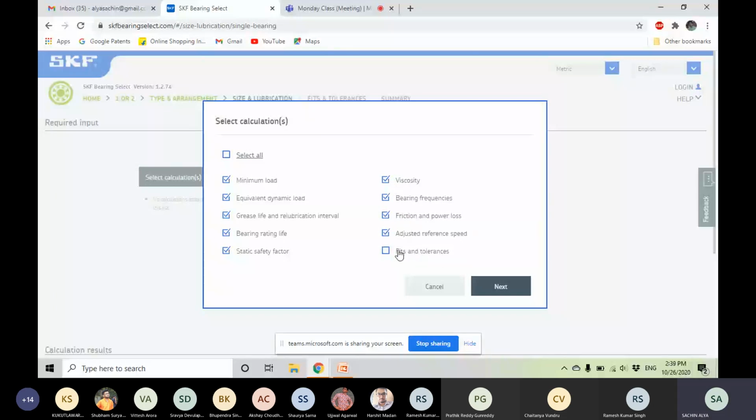So let's say we selected every one, we just want to have a look at how this tool works. So we have selected each and every parameter for calculation. So clicking on next takes us to the new window.